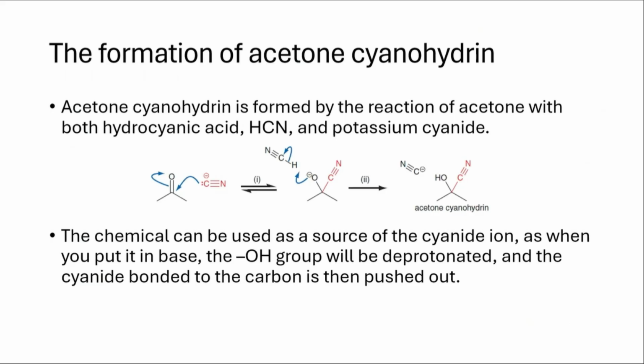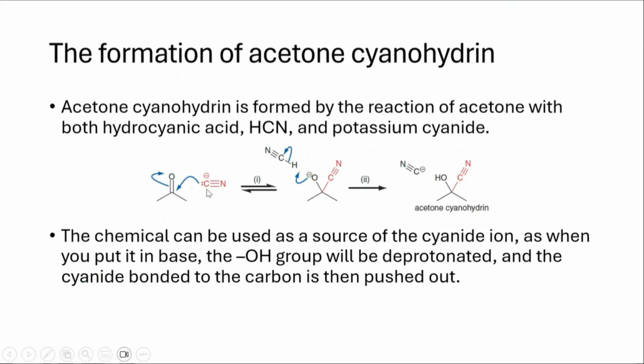And here's an industrial application of it. This can be used as a source of the cyanide ion. It can be very easy, because if you put it in base, according to the Arrhenius definition, a base such as sodium hydroxide will produce hydroxide ions, and this will deprotonate the OH group, and because this oxygen is negative, the cyanide bonded to the carbon is pushed out and acetone is reformed. So if you put this in base, we'll get this tetrahedral intermediate, and this will just go back to acetone